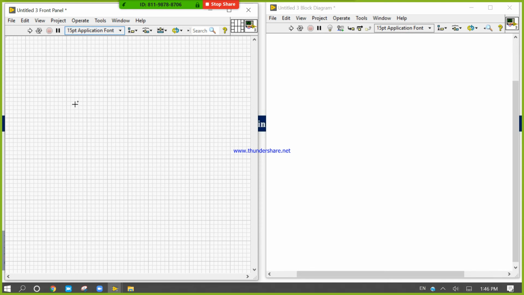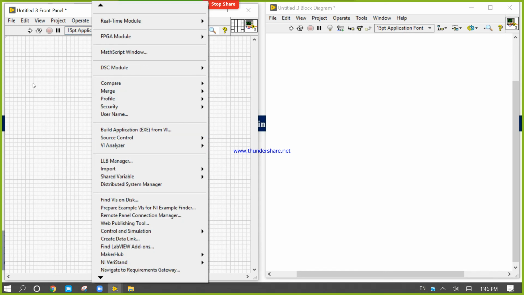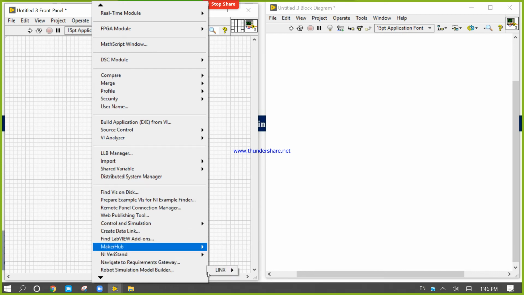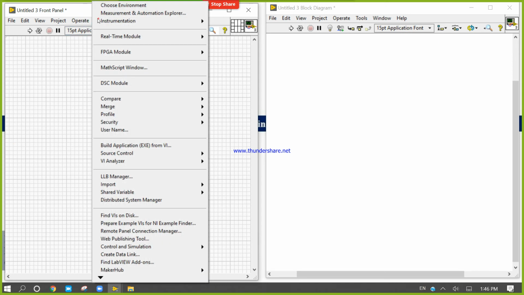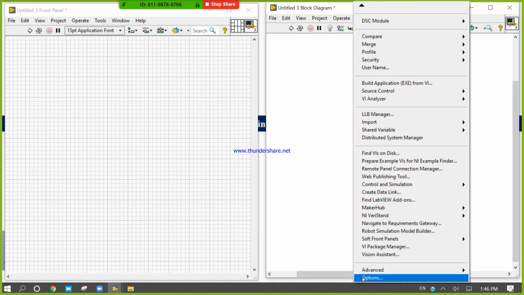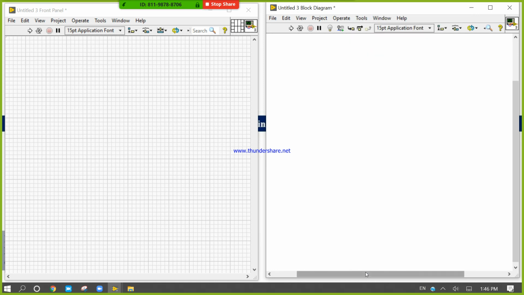Now right click here. Okay, now come into the front panel, come to the tools. In the tools, you can also click here and come into the options. Click on tools and come into the options.